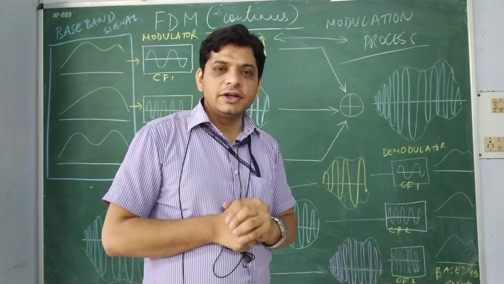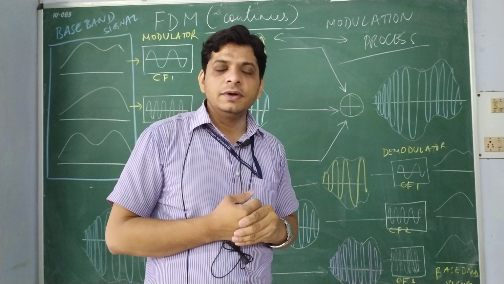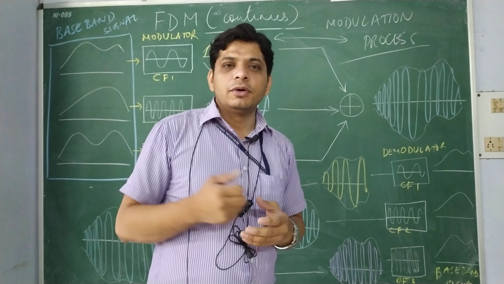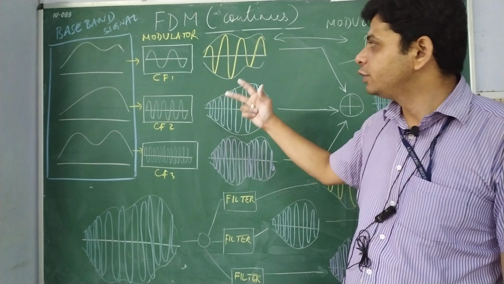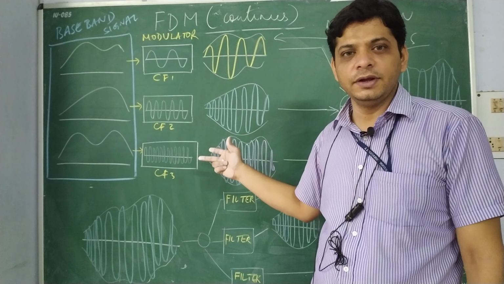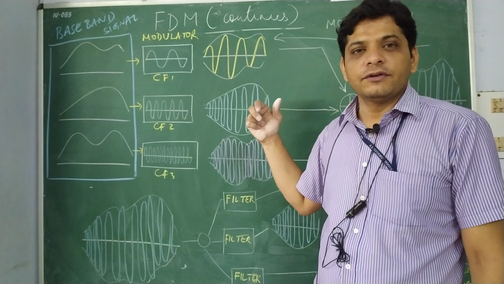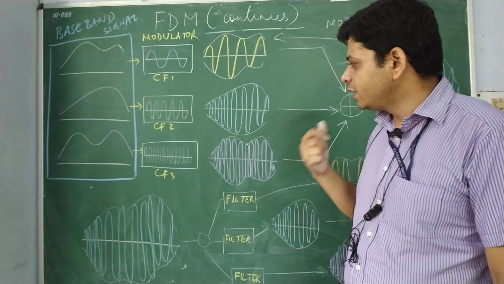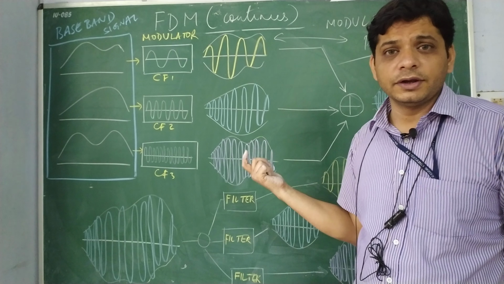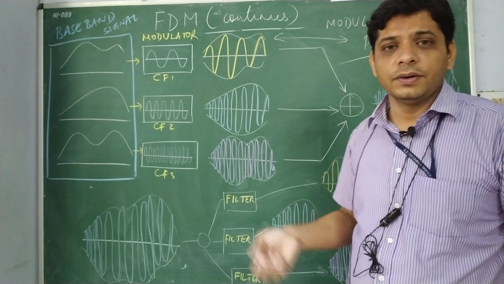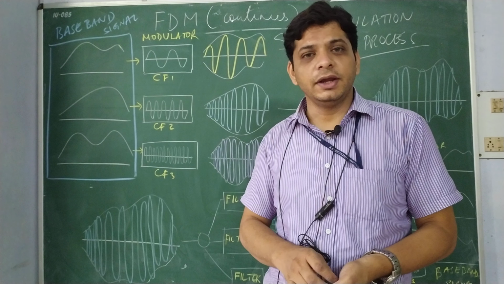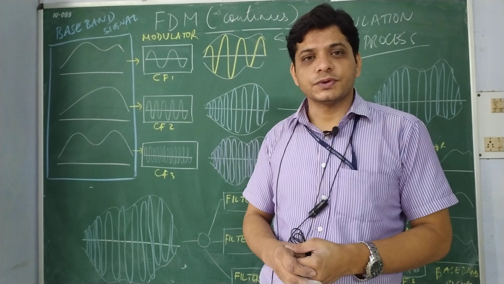As far as advantages and disadvantages are concerned, the advantages are that a number of users can be added to this modulation process very easily, and there is no signal interference in this, right. And the disadvantage is that it is very costly, the cost is very high. Okay. So, this was all about the frequency division multiplexing technique and the modulation and demodulation process so far.